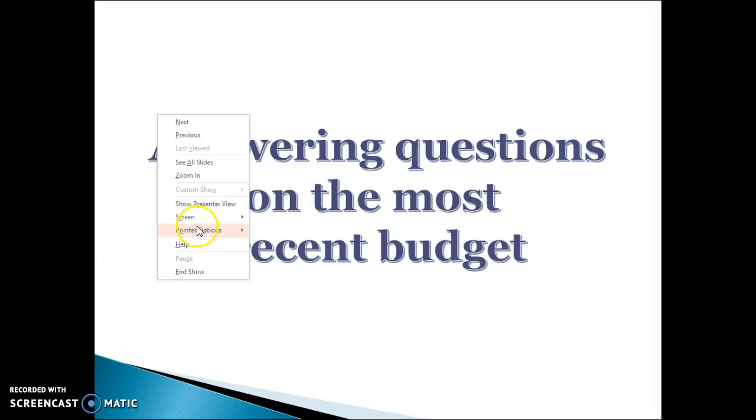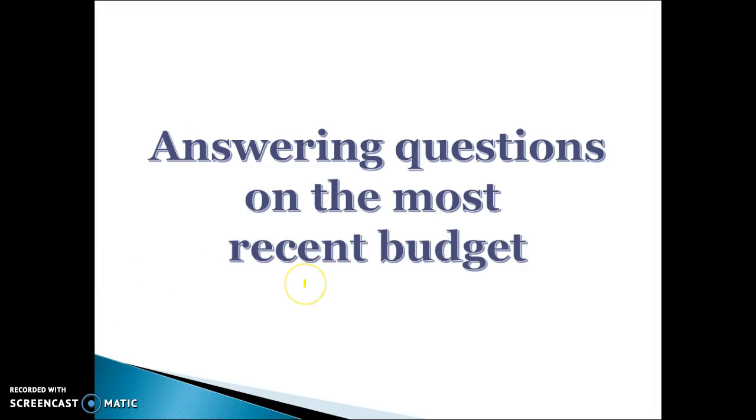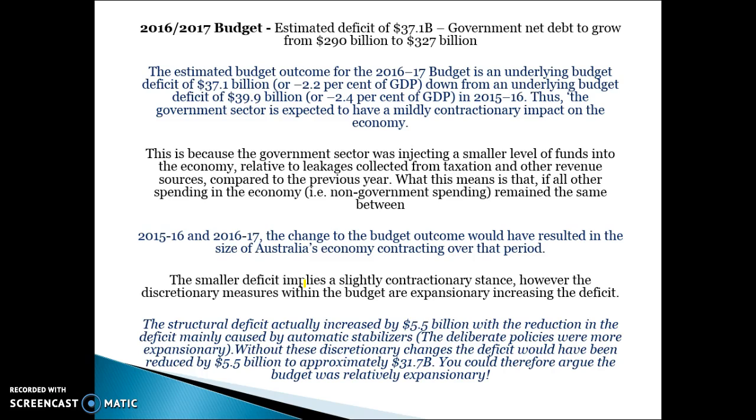Okay, the purpose of these last few videos is to make sure that you have a really clear understanding of the nature of the last two budgets and the policies within the last two budgets to talk about for each particular goal. So first of all, you only need to know about the 2016-17 and 17-18 budgets. And the key thing you need to know from last year's budget is that the estimated deficit was $37.1 billion,